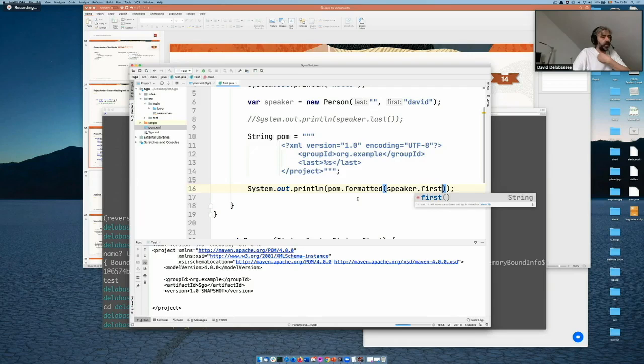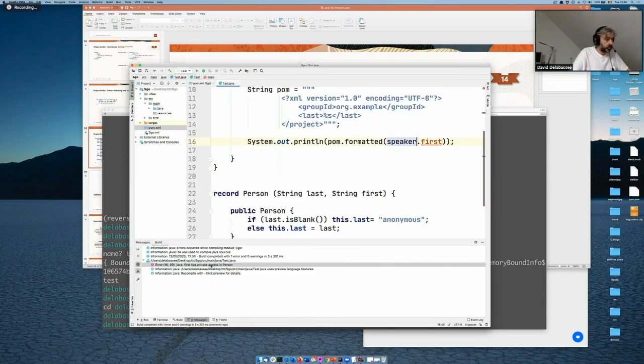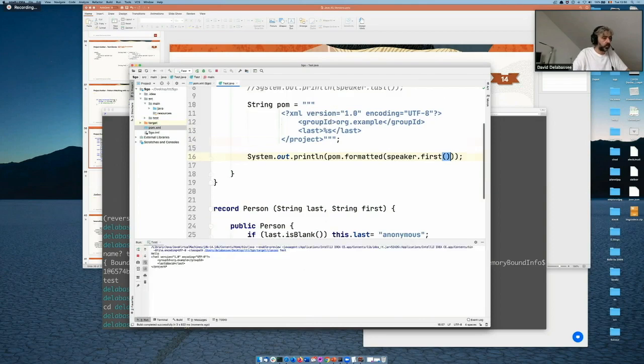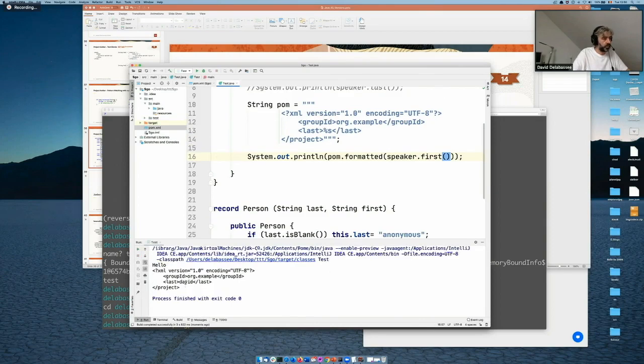Let's run that. Sorry, typo, it's a method. If we look at the HTML, we see that it's not class, but it's the first name, but you get the idea. So we can do some kind of cheap expression interpolation using formatted with text blocks. So that's basically how text blocks work.